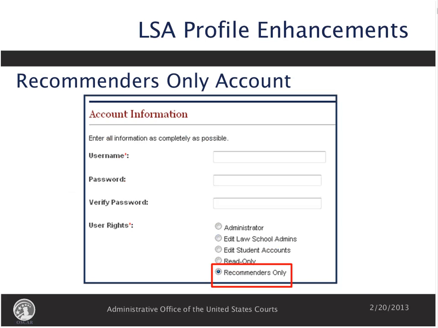When you are editing or creating a new LSA account, you will now have a new user right called Recommenders Only. Now, this user right was designed for faculty assistants who assist multiple faculty recommenders. With this user right, a faculty assistant has the ability to log into OSCAR once and upload letters from multiple faculty without having to keep track of multiple usernames and passwords or having an account with too much access, for